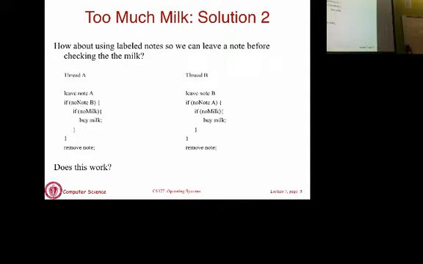Okay. So the observation here is you are going to have a problem if you leave a note, and then the time slice expires. So now when B runs, it leaves a note, and the time slice expires again. You come back to A, you run the next statement. You say, is there a note from B? Now there is one, because between these two statements, you had a time slice expire, you executed a statement of B and you came back.